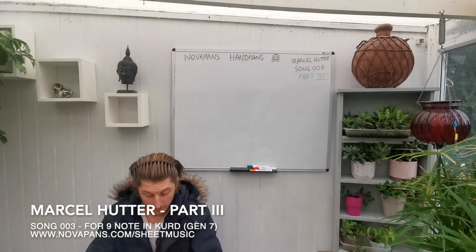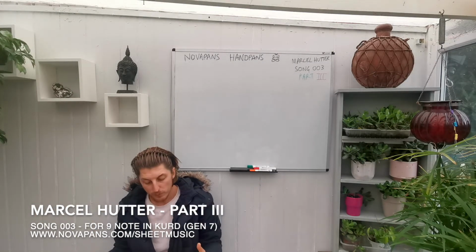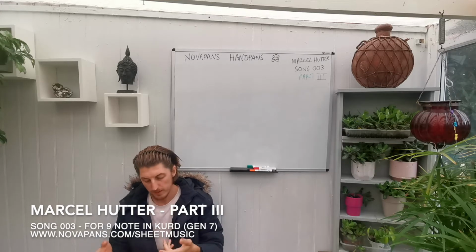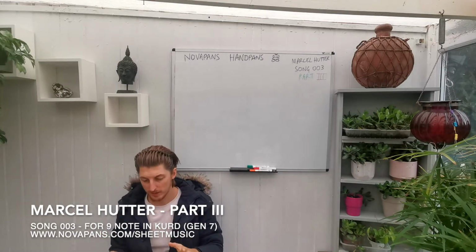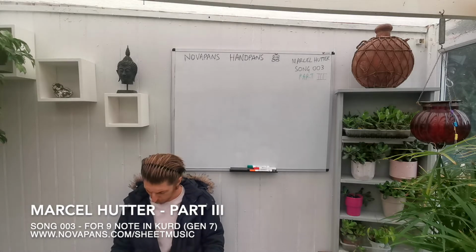I'd be lying if I said it would be getting easier, but if you've been able to do the first 2 parts and get those technical rudiments sorted, then you should be able to do this third part. I think the third part is actually the more memorable part of the piece. It goes something like